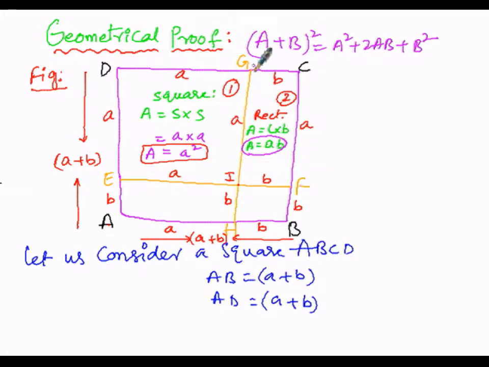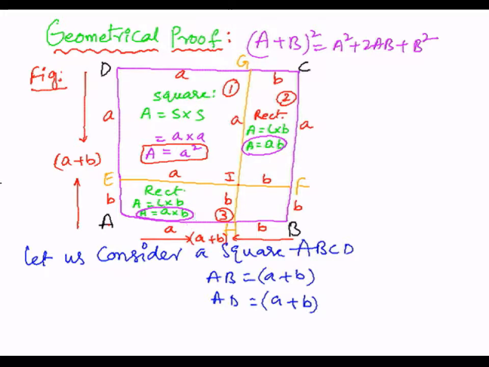Whereas coming over to the third figure, that is AHIE. Here in this case, EI is adjacent to EA. Adjacent sides are unequal, one is A, the other is B, therefore it will come under the figure called the rectangle. So the area of the rectangle is again length into breadth. Here length is A and the breadth is B. So A into B is nothing but AB. Therefore the area is A into B in this case.